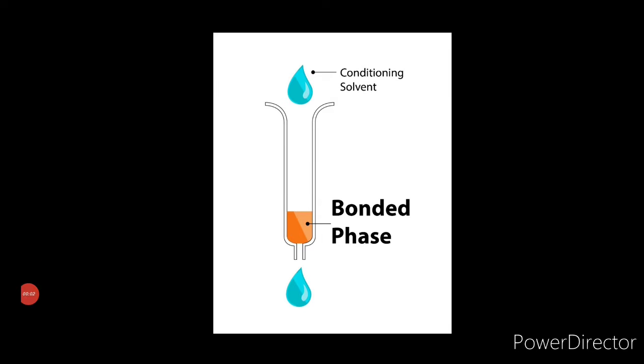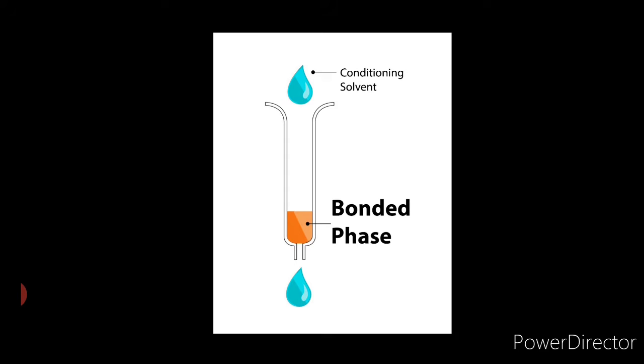Bonded phase is a porous solid on the surface of which analyte from the sample gets adsorbed in solid phase extraction. The bonded phase is used in solid phase extraction to attract and adsorb the analyte of choice, which results in accumulation of the analyte's concentration at the polar surface of the solid. The analyte may interact with the bonded phase due to mild intermolecular forces or electrostatic attraction or by chemical interaction.